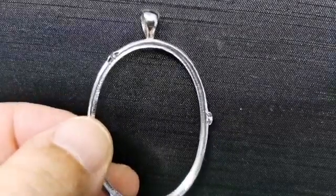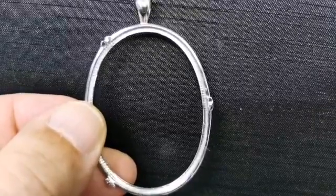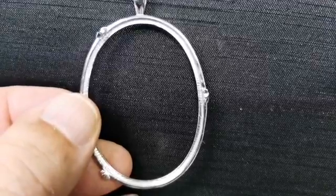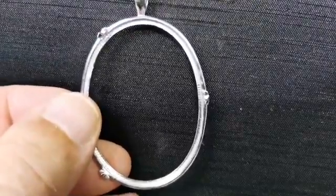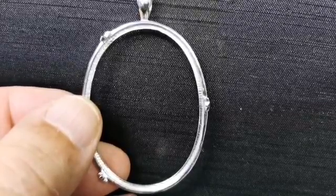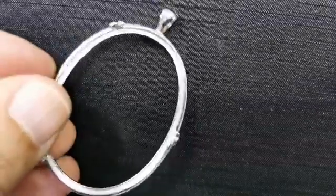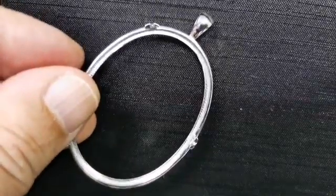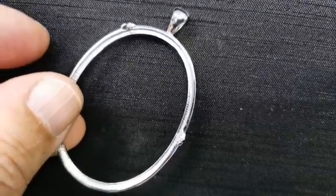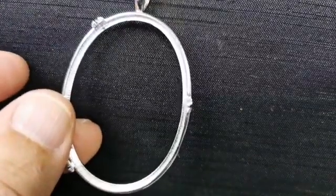These particular pendants, I find it's kind of important that the dimensions be pretty dead on. You can get away with a 1/4 millimeter here or there difference, but boy, any more than that and it begins to look weird. So these are probably more useful to somebody who's cutting their own stones, because they can always shave a little bit off the edge if they need to, or if you're lucky and the stone exactly fits,